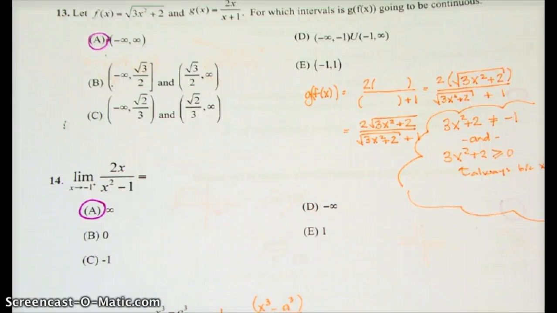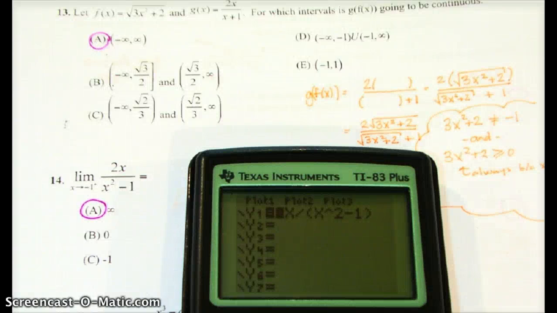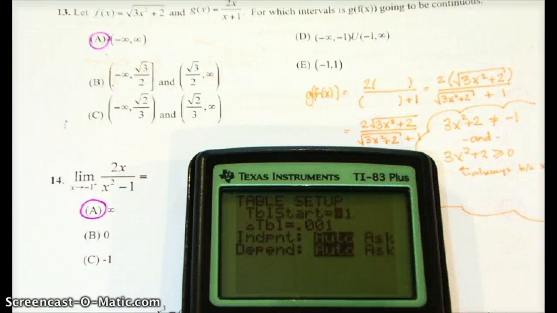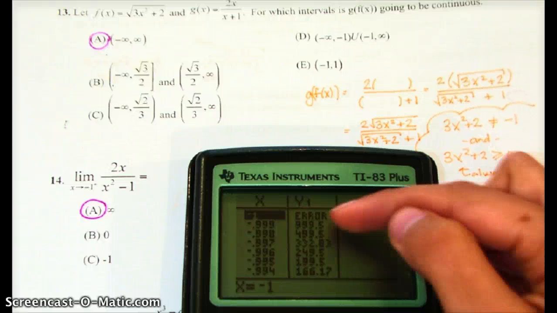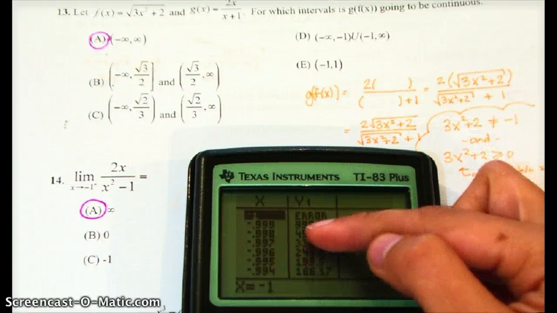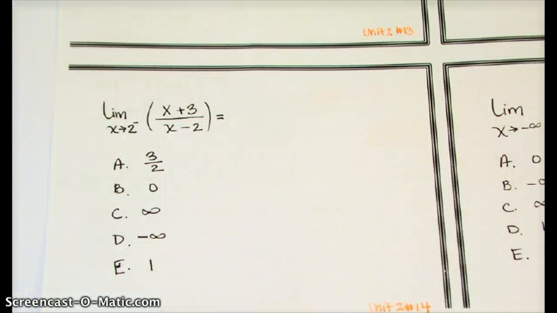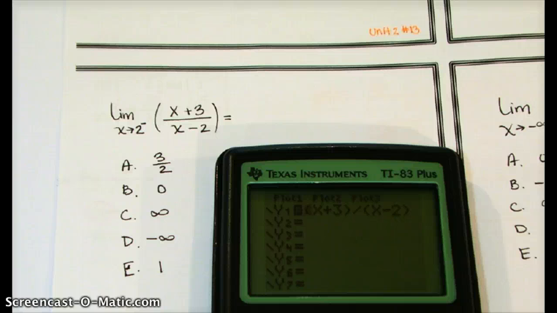Here's how I'd set it up. Type in the equation, set up your table to start at -1 and to be automatic. Look in the table at the greater than side. The numbers are going to infinity. Try one on your own. The answer should be D. Here's what your table looks like. Remember that you're on the less than side, so you're looking